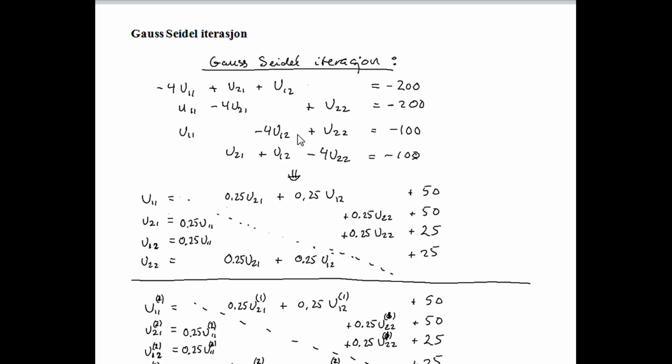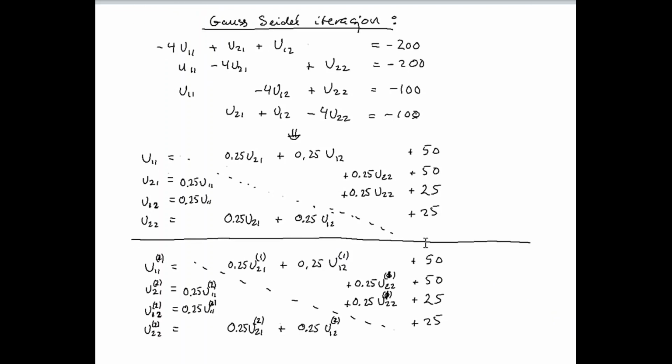Next, we take the third equation and express the third unknown variable u12 by the others. And finally, we take the fourth equation and express the fourth unknown variable by the others. So when we have done this, we just make some visual diagonal here,